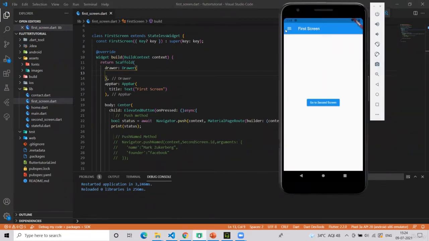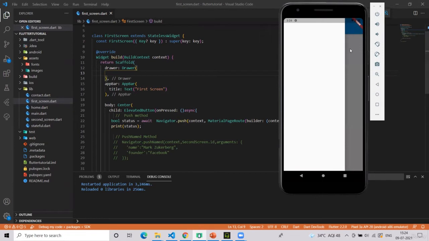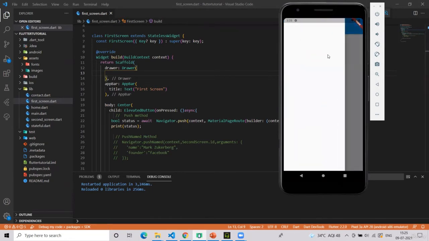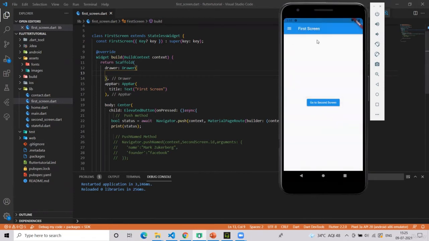See, this hamburger icon has come, these three lines. When I click on it, this side navigation pops up, but since we have nothing inside it, it's empty. But I hope you understood that with just one piece of code, we were able to show it in the UI.